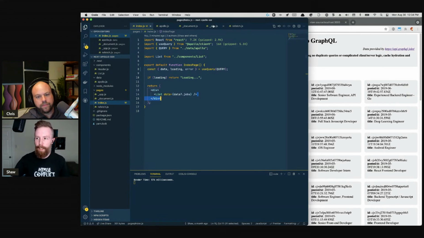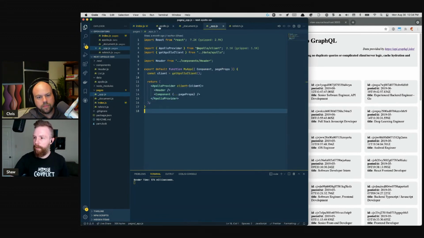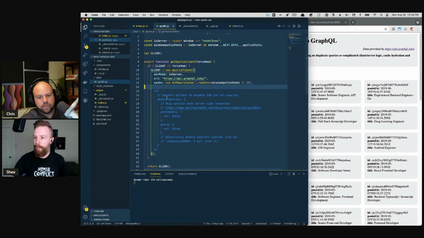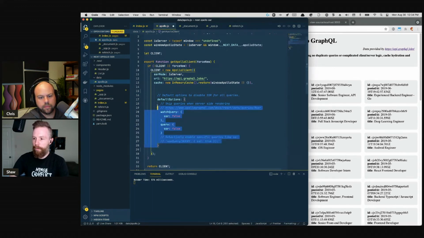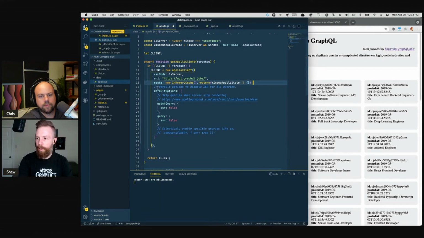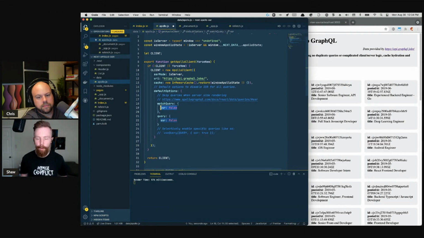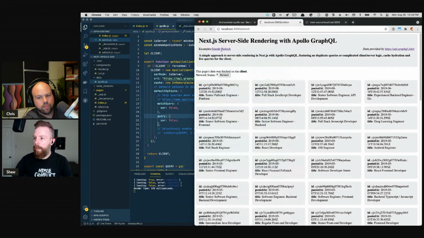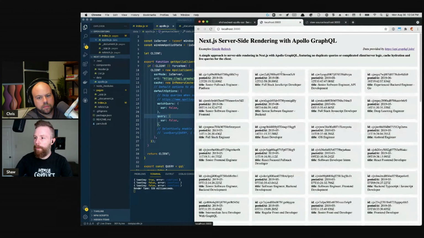But my solution for that, if we go back to our Apollo initialization, is you can actually set up default options for queries. So in our Apollo client, there's a default options object for watch query and query. We can say SSR false. For every query, you can enable or disable it for server-side rendering. So if we go ahead and save that and go back to our simple page,